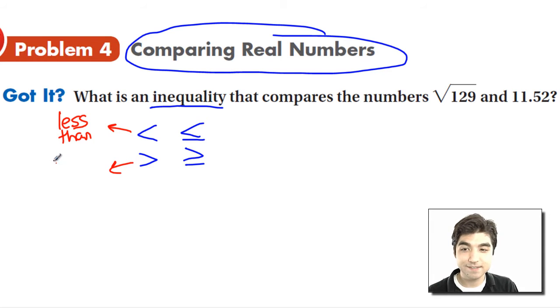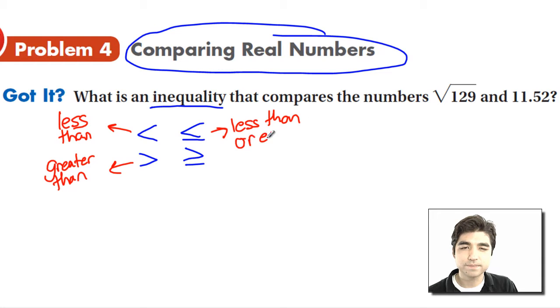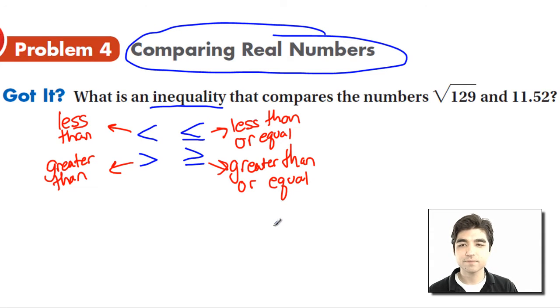This one means greater than. This one means less than or equal. And this one here means greater than or equal. Okay, so we're going to use one of these four inequality symbols to compare these two